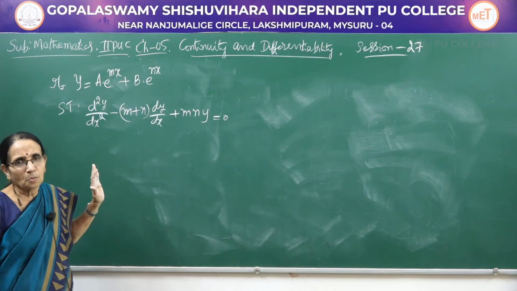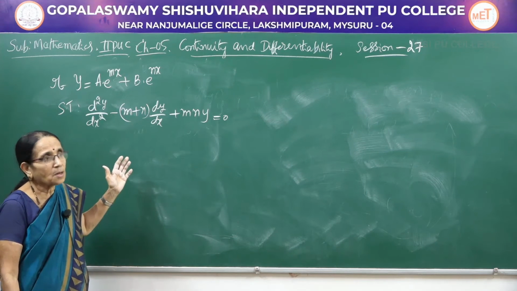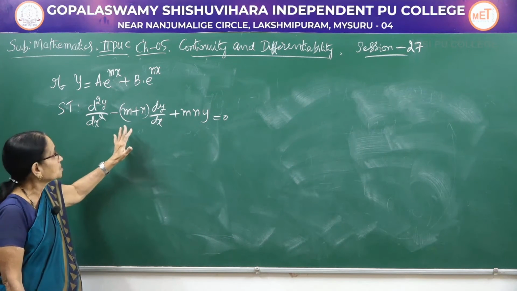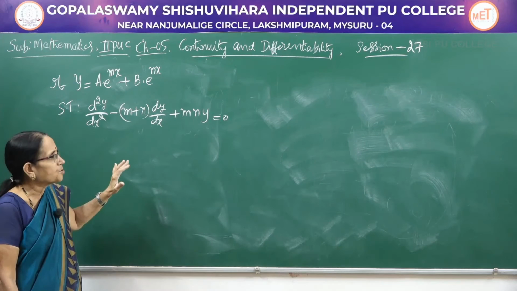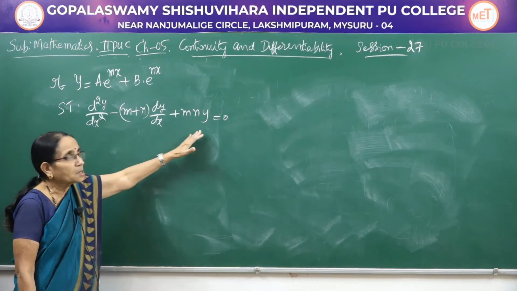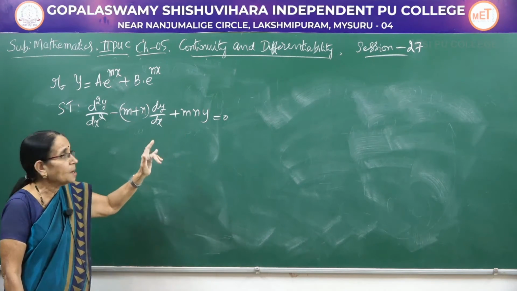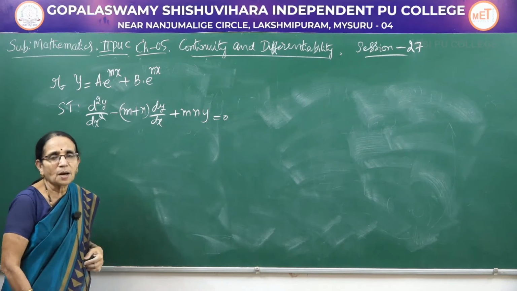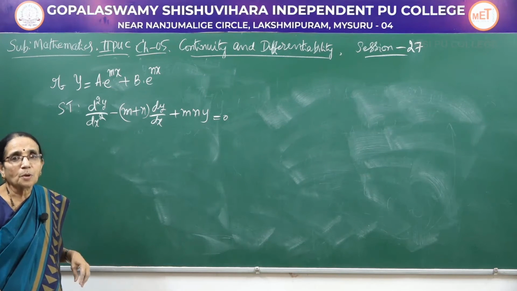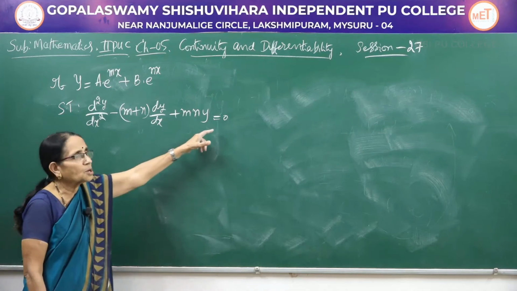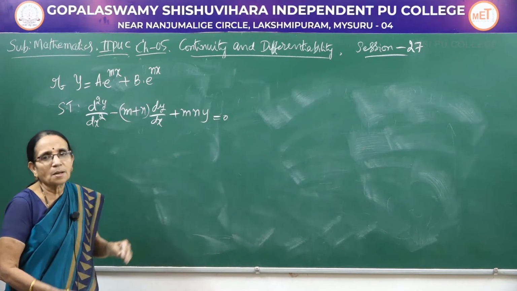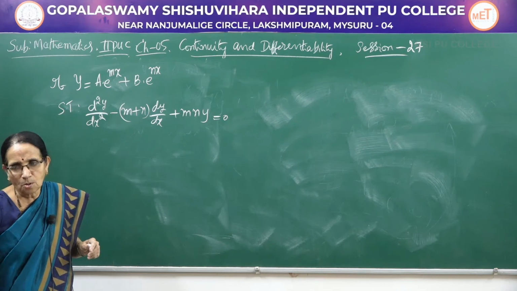I will come to the next problem, a problem where you can get the answer directly. Whereas here, it is not possible. You have to get the first derivative, second derivative, write the value of y which is given already, then substitute on the left hand side of the result that has to be proved and show that it is equal to the right hand side. In this particular case, it is equal to 0.